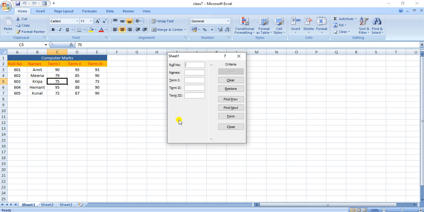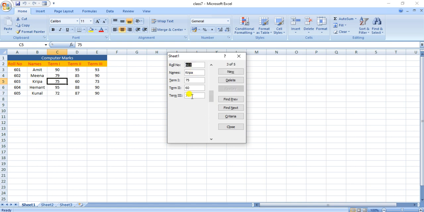Enter the data in a uniquely identified field, such as over here I am having the roll number, which uniquely identifies the data present in our database. So suppose I want to search the roll number 603. So I will enter the roll number 603 and press enter from our keyboard.